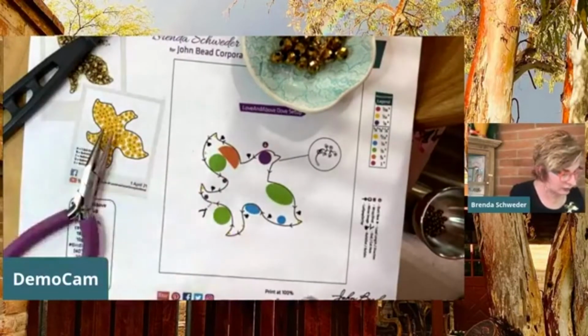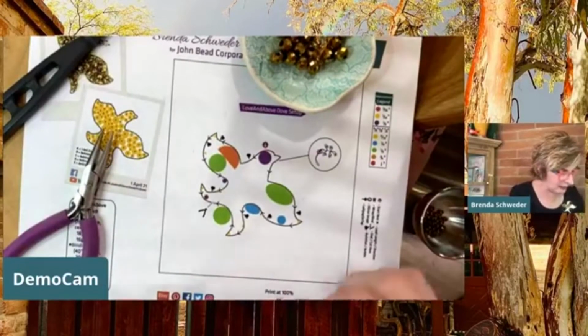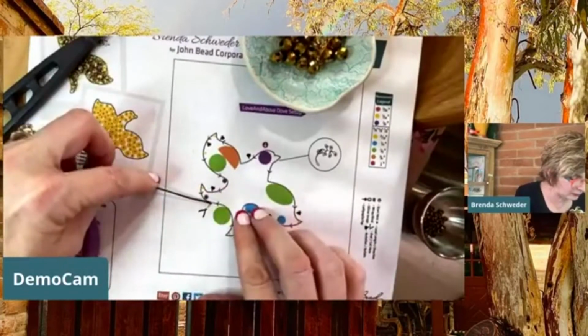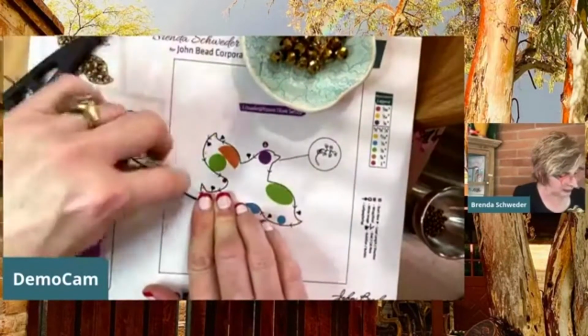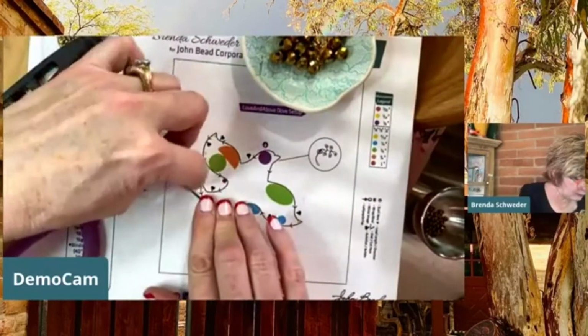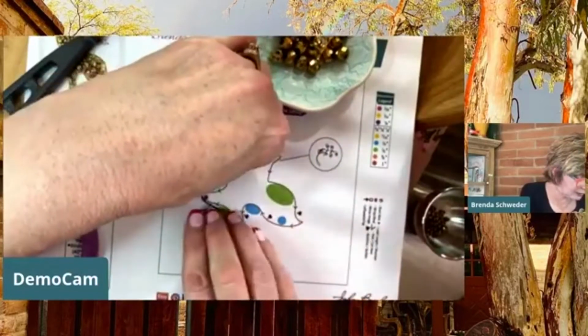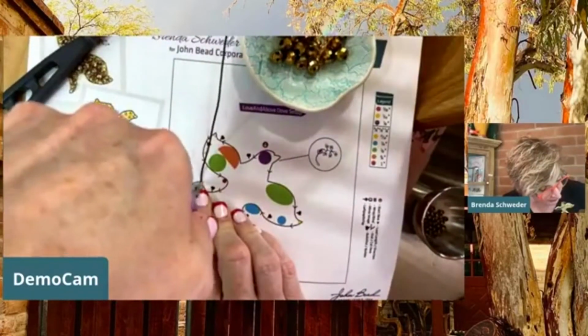So what I'm going to do is I'm just going to start following this. I'm going to pick my best end, and I'm just going to kind of keep going up here. I'm going to go over just because I want to. And I'm just holding this down, and I'm following it and shaping it as I go. If you have the jig, you won't need to do this, but as I said,